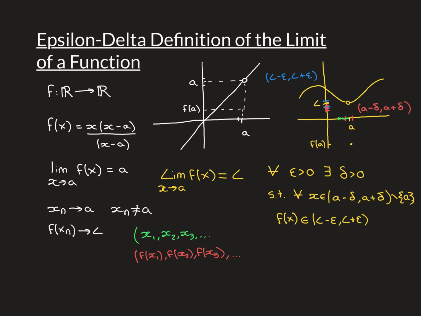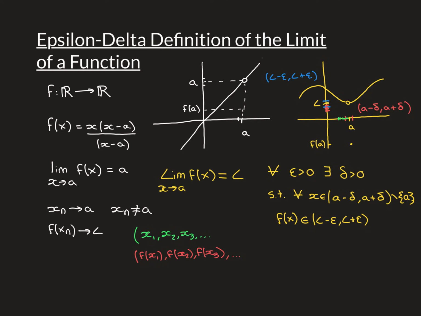So my first claim then is that if you take a sequence in the domain that converges to the point a, so its limit is a, so that's this sequence in green written out here, x1, x2, x3, a sequence of real numbers, and they're all in the domain, so they're drawn on the picture here, and they're converging to a. Now importantly, none of the terms of the sequence are allowed to be a, because remember, we don't actually care what the function is doing at a.